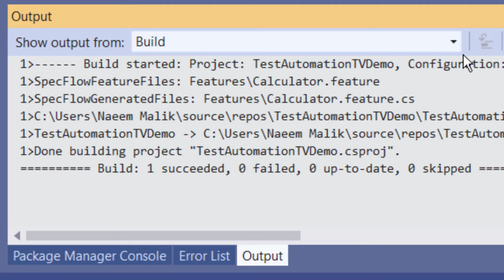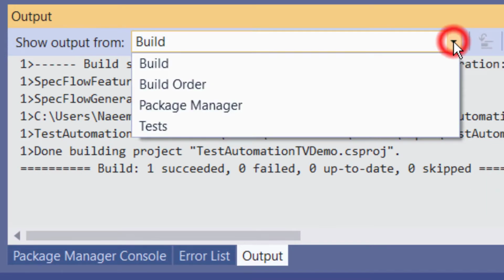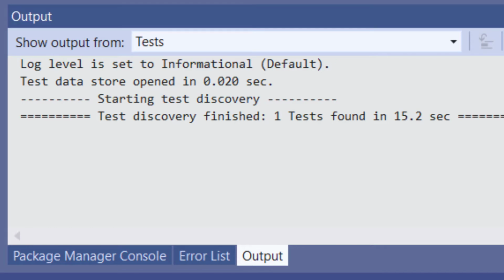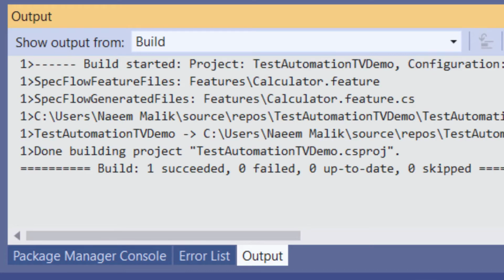When we build the solution and, in the output window, go to the tests console over here, we will be able to see how many tests are there and all of that. If you have not created a free SpecFlow account and have not signed into it, then your attempts to run these tests are going to fail. Otherwise it is going to run and it is going to pass.